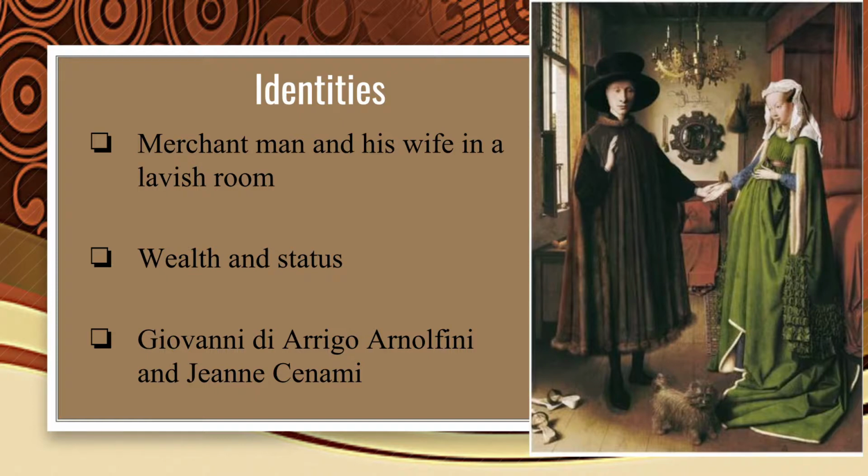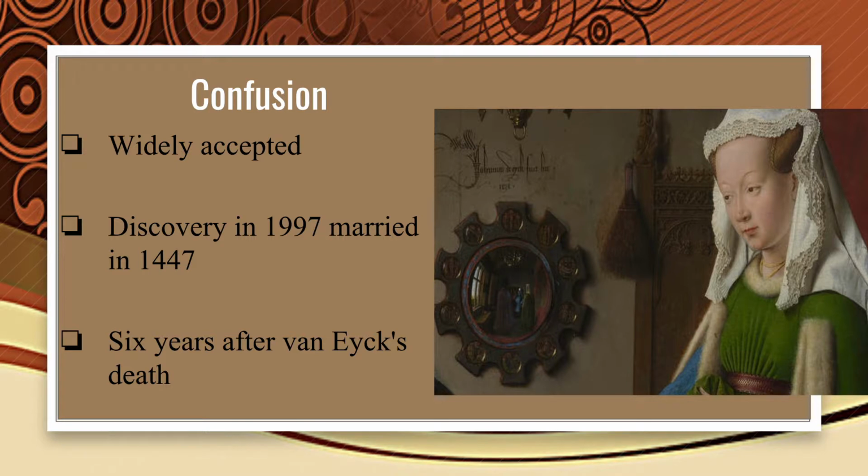were considered a delicacy. The identities of the two in the portrait were thought to be Giovanni di Arrigo Arnolfini, a wealthy merchant from the town called Lucca in Tuscany, Italy, and his wife, who was later identified as Gian Sanami. At first, that had been the widely accepted identity and marital status of the two. However, a discovery in 1997 supplied new information that stated that they had been married in 1447, which was 13 years after the date of the painting, and 6 years after Van Eyck's death, meaning that it was impossible for